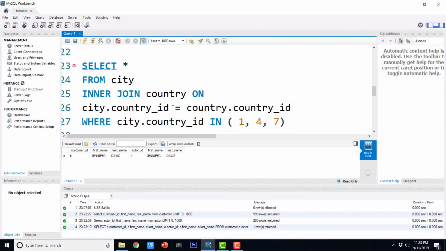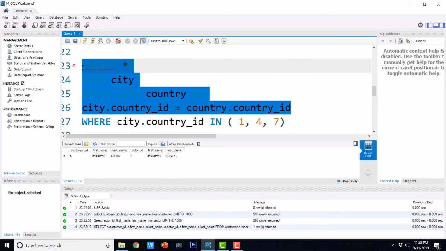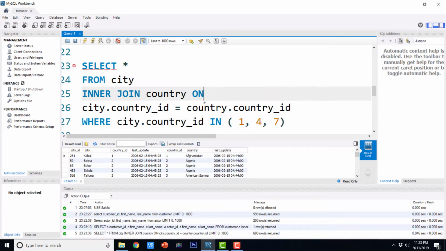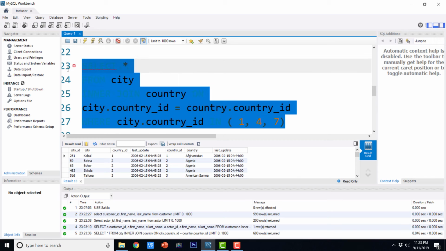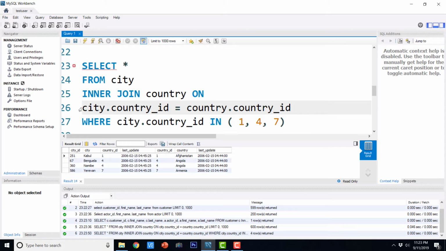Now I'm going to have an inner join between city and country on city dot country ID and country dot country ID. Initially I'm just going to select this much of the query, and then I can even filter out the records based on some other condition. Here this where condition is not part of the join, still I can add it to the join query and filter out the data. So this is the join condition and this is the where clause. You can have it like this and it is not a problem.